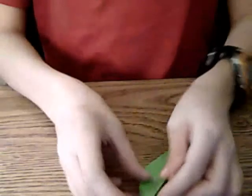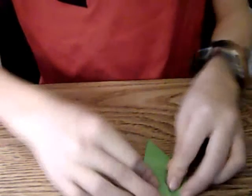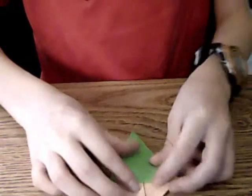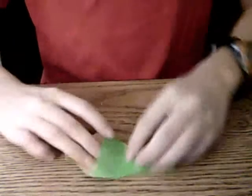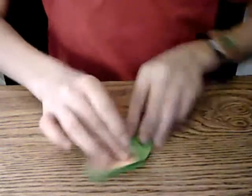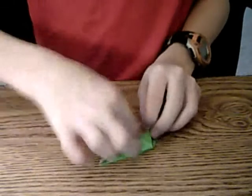See? Like that. Now the side that you got your flaps on, you're going to grab, and on the side you're going to open up these, really any of them as long as you've got these little flaps. You're just going to open up these, and you're going to pull this as far as it can go. Not like up here, but if you can see these 2 creases right there and there, you're just going to fold, push them up, pull them until